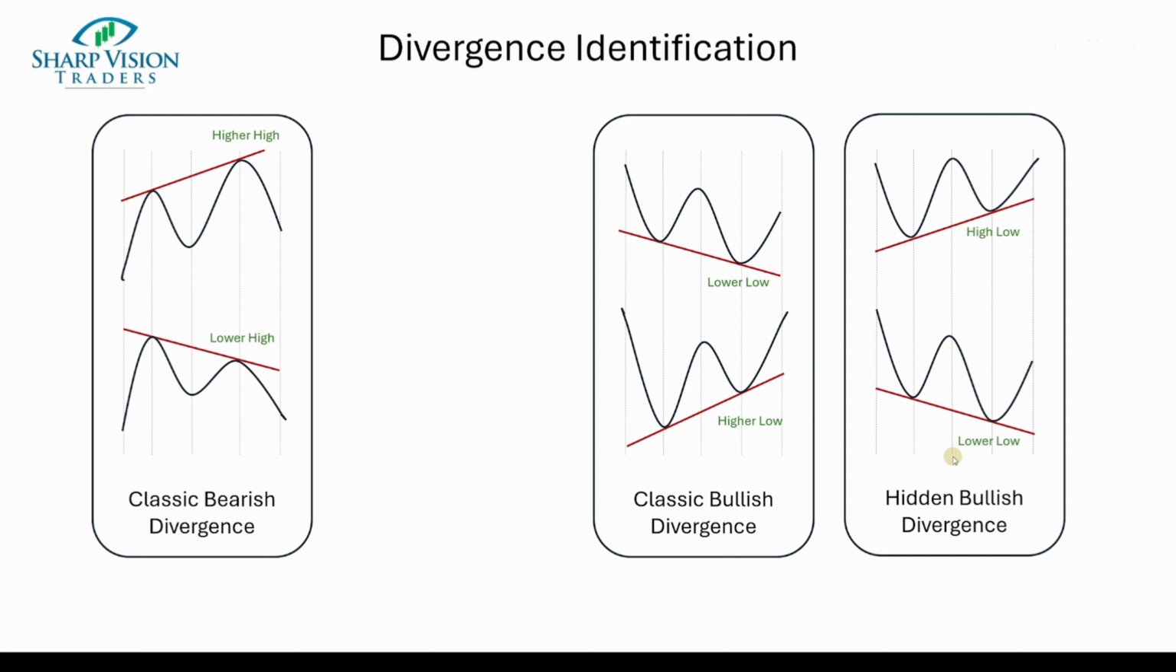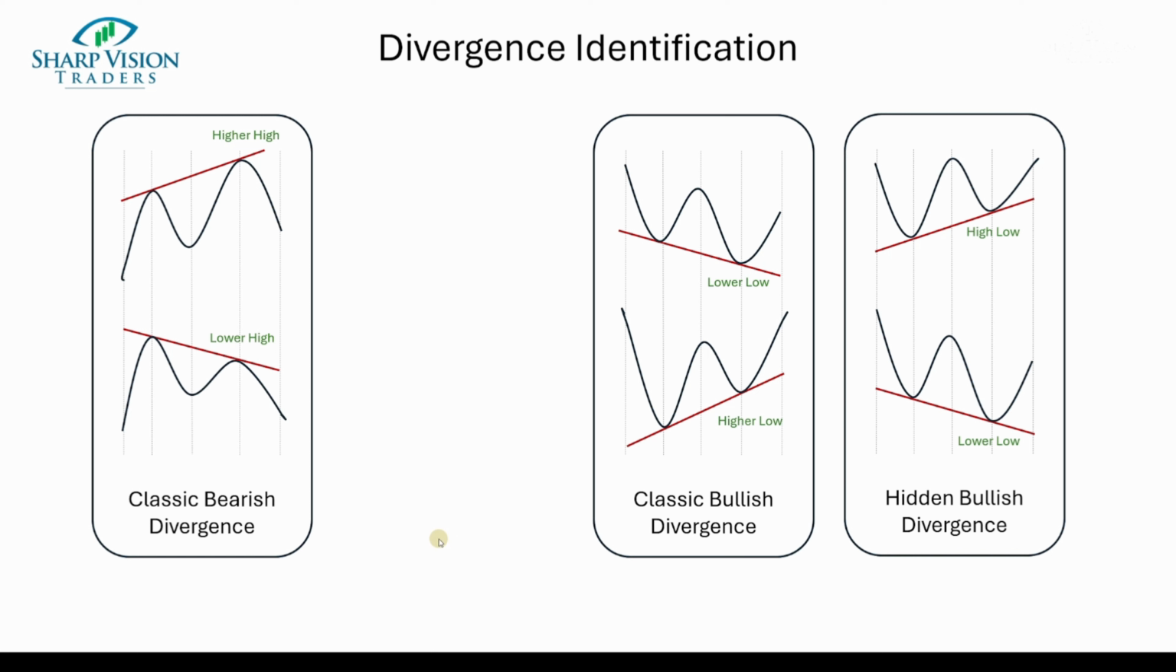The hidden bullish divergence occurs when the price forms higher lows, but the oscillator forms lower lows. This suggests that while the price is retracing, the momentum remains strong, indicating a continuation of the current uptrend. Traders often use hidden bullish divergence to add to existing long positions or to enter new long positions during pullbacks